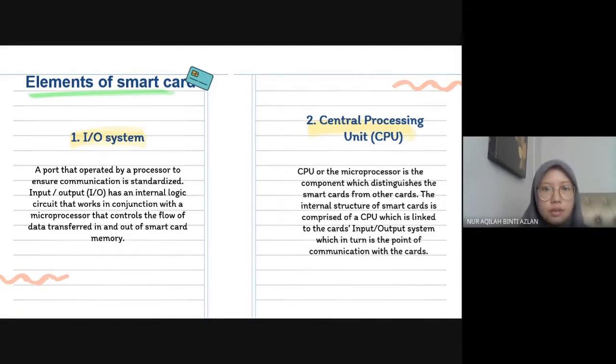Okay, the second element is central processing unit, CPU. CPU or the microprocessor is the component which distinguish the smart card from other card. The internal structure of smart card is comprised of a CPU which link to the card input or output system, which in turn is the point of communication with the card. Then CPU ni juga dia bersambung dengan tiga jenis memori iaitu,